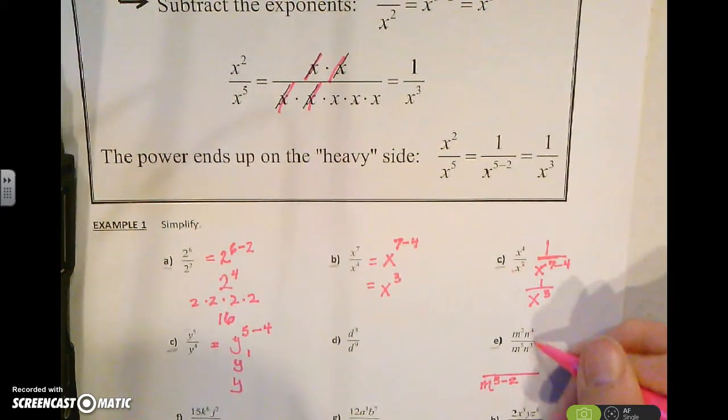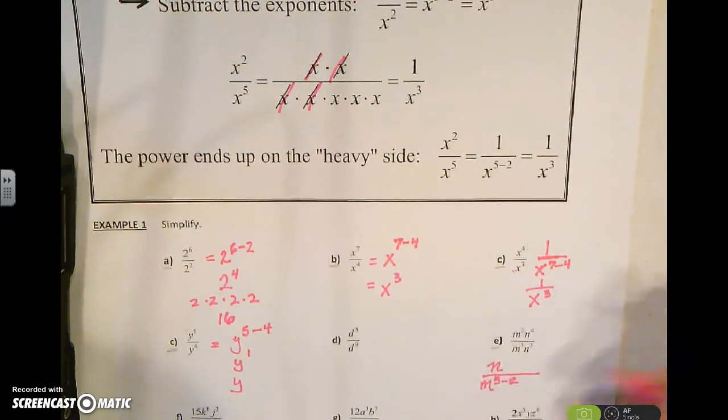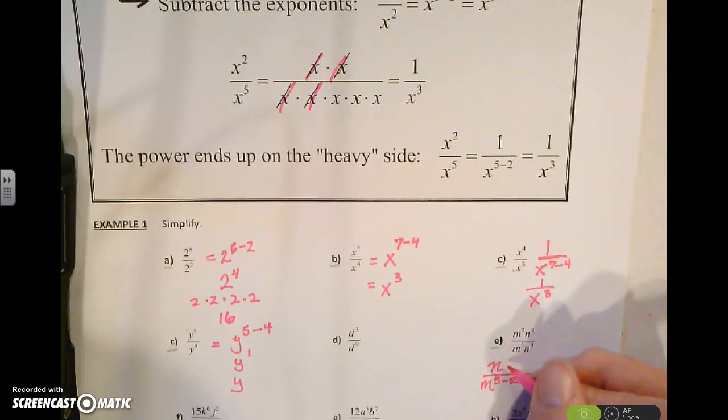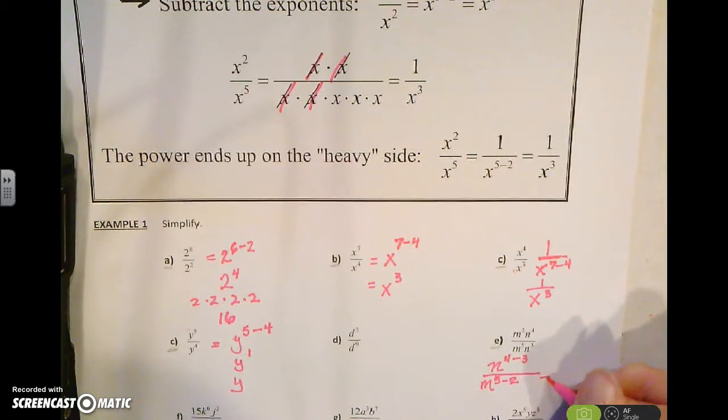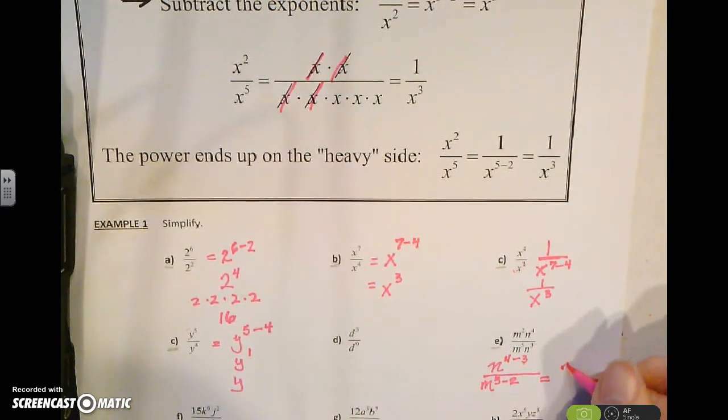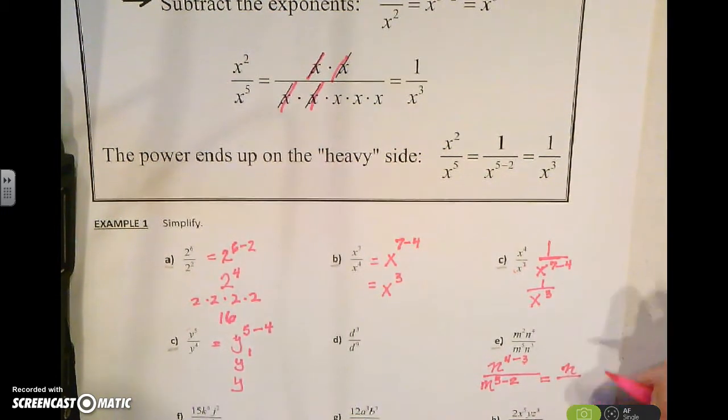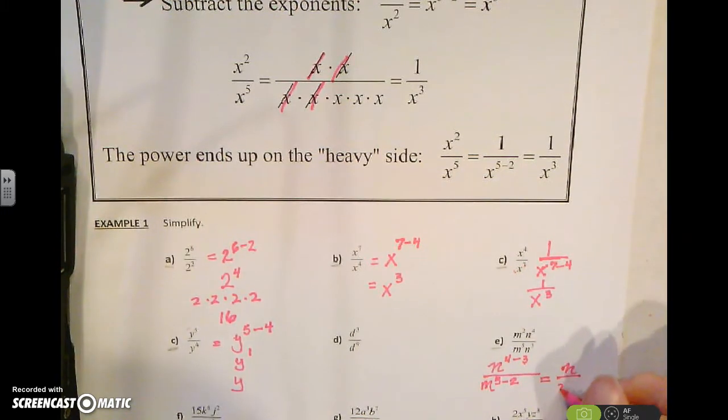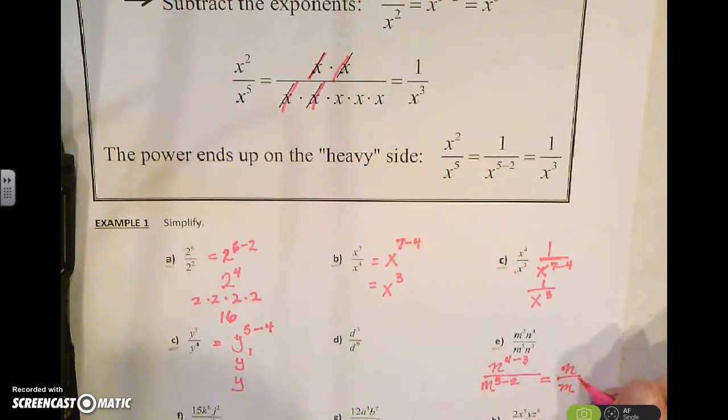My n's, when I compare them, the heavier exponent is in the numerator, so my n's will end up in the numerator, and I will have, for my exponents, 4 minus 3. So that will be equal to n to the 1 power, so just n, divided by m to the third